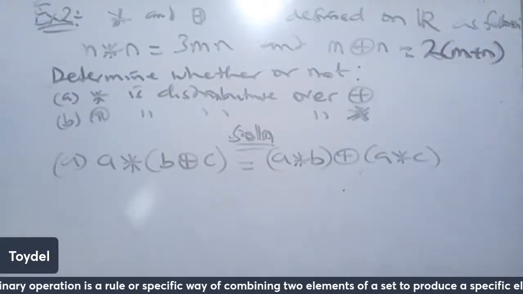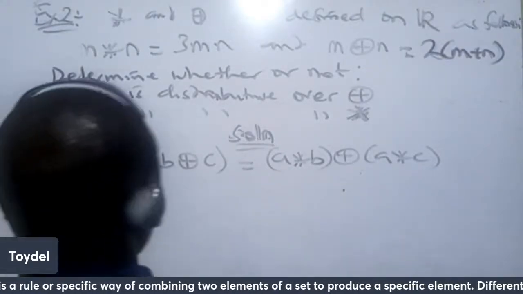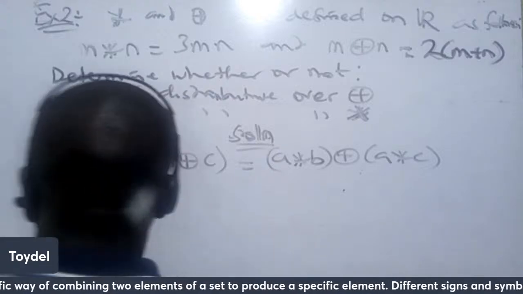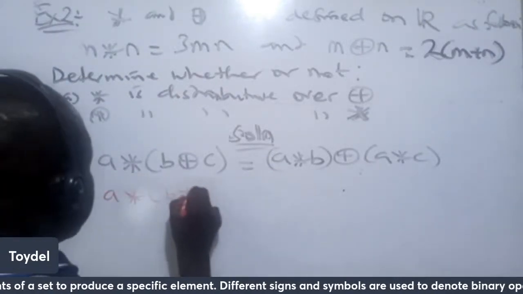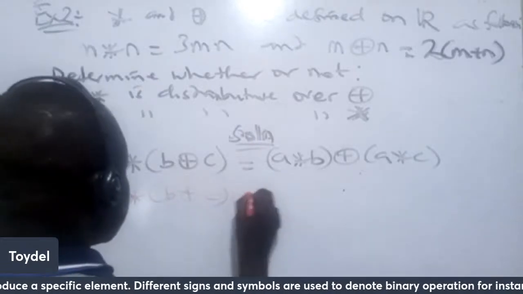Let's show that. But if we are unable to show that, then it simply means that it does not distribute. So I'll start from the left hand side. What do I have? A * (B + C) is equal to